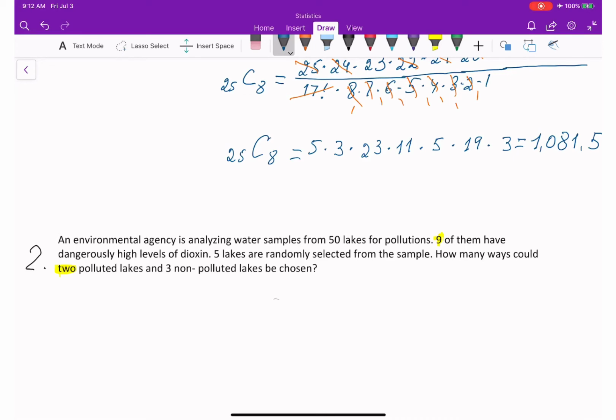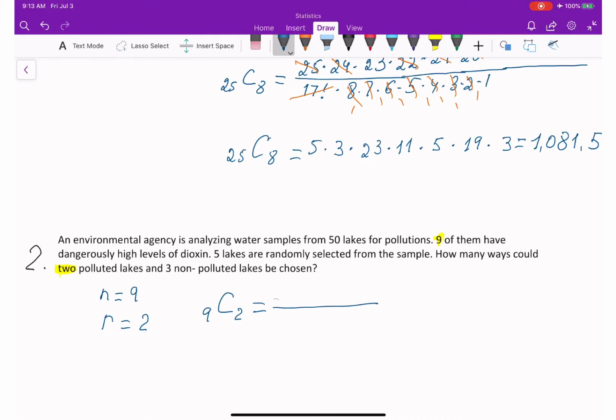We are going to get first how many combinations we can get out of polluted lakes, 2 polluted lakes. So n is equal to 9, r is equal to 2. So combination 2 out of 9